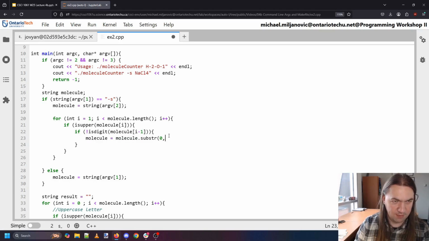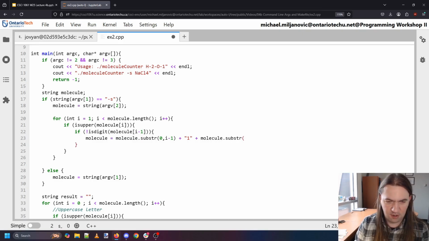So I believe I want to grab I minus 1 characters, and we'll double check the math on this. So I want to grab those first ones, then I want to add the number 1, then I want to add the remaining characters. Substring starting from index I